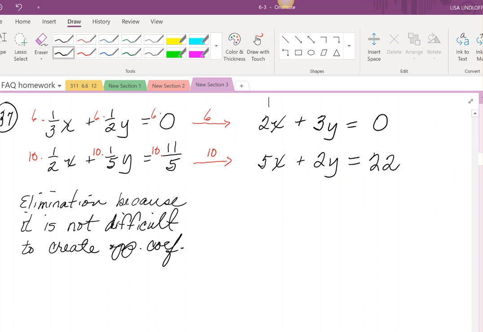All right, now if you wanted to get opposite coefficients with the x's, the least common multiple is